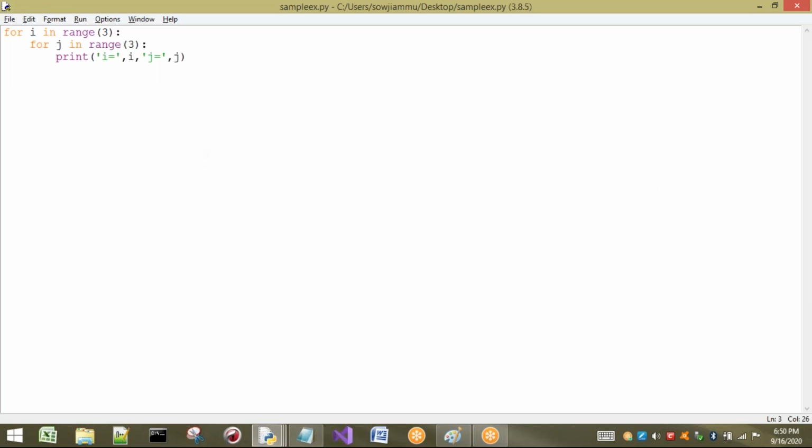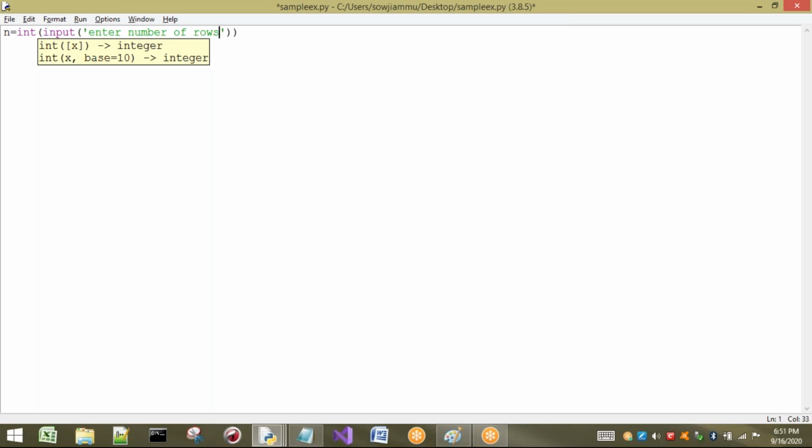So I will write a small program and I will explain that. I just want to print those things. Let us ask the user to enter those things. n value, int of input of, enter number of rows.